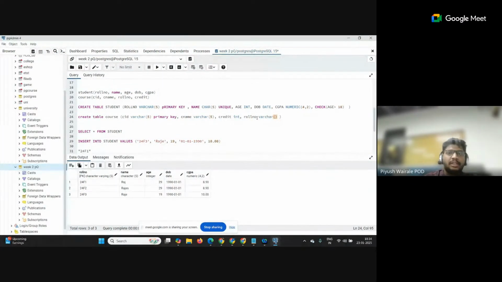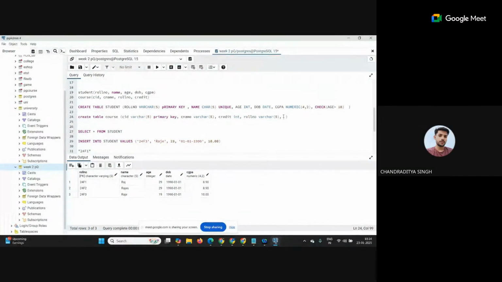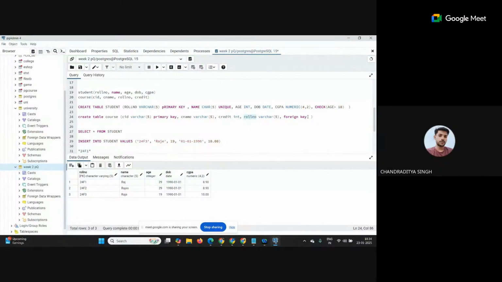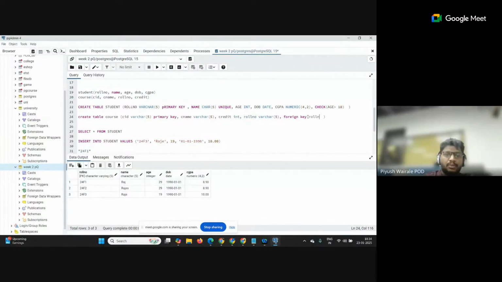Yes, tell me how to do that. That's it for the course table. But now I want to make this roll number a foreign key referencing the student table. Foreign key referencing, just write like that. Foreign key, whatever attribute I want to make, roll number, right? So roll number